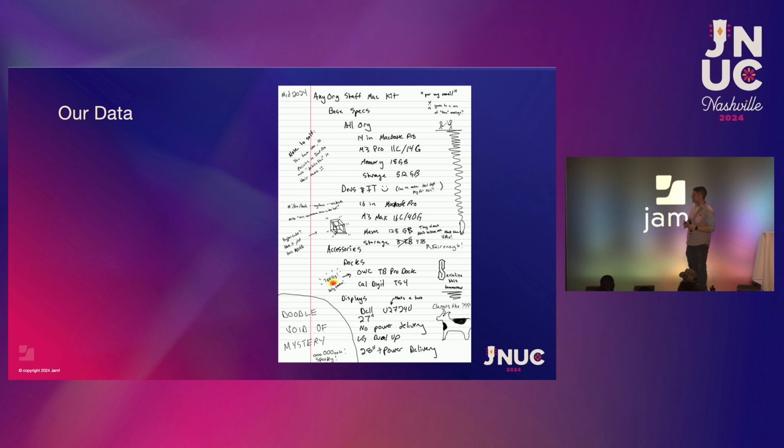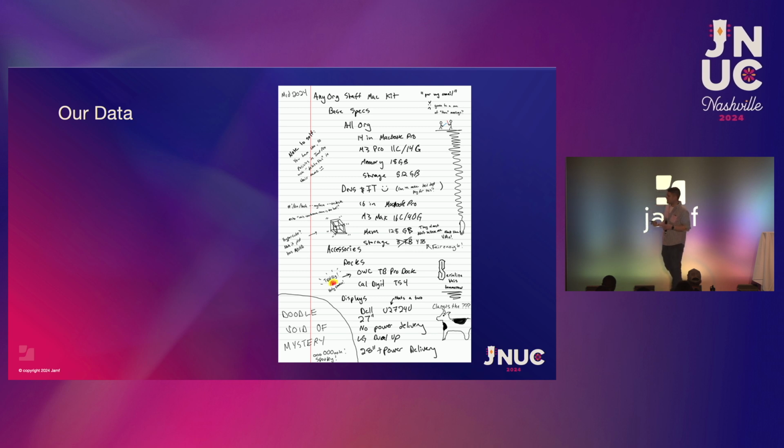We had a meeting, and it was one of those meetings. It was a lot of fun, and we were taking some notes, and we were doodling. We sat down with managers, with our finance department, our asset managers, and we decided, hey, it's the middle of the year. Maybe we need to reassess which Macs we're buying for people, what accessories we're going to support, what goes into the standard staff computer kit.